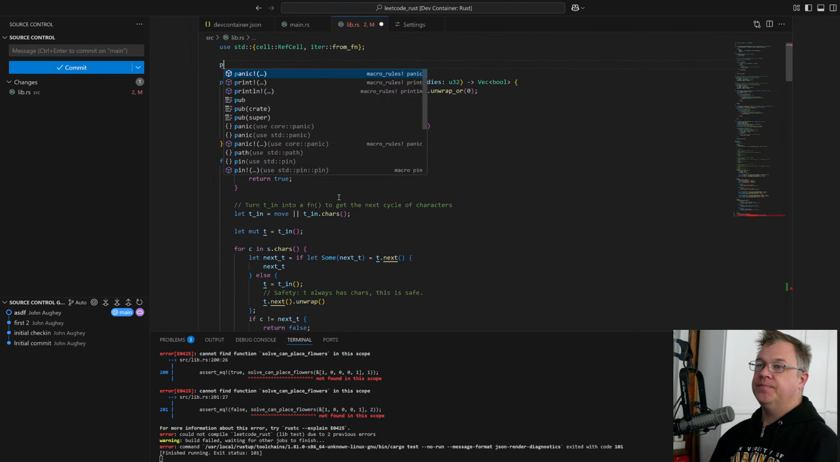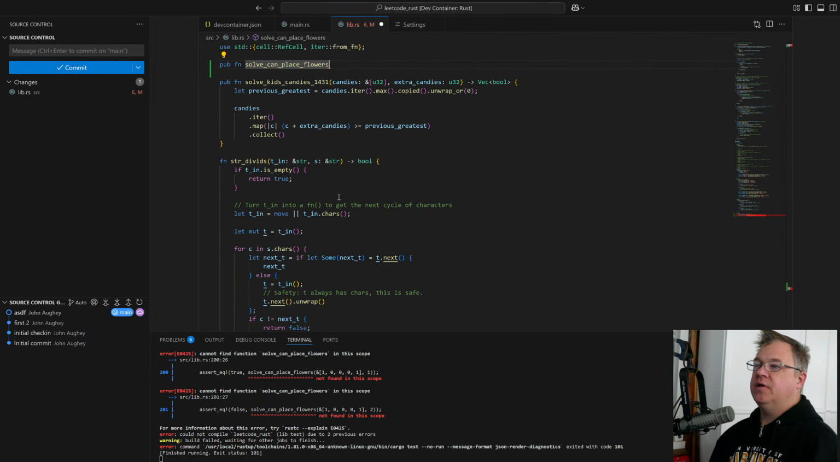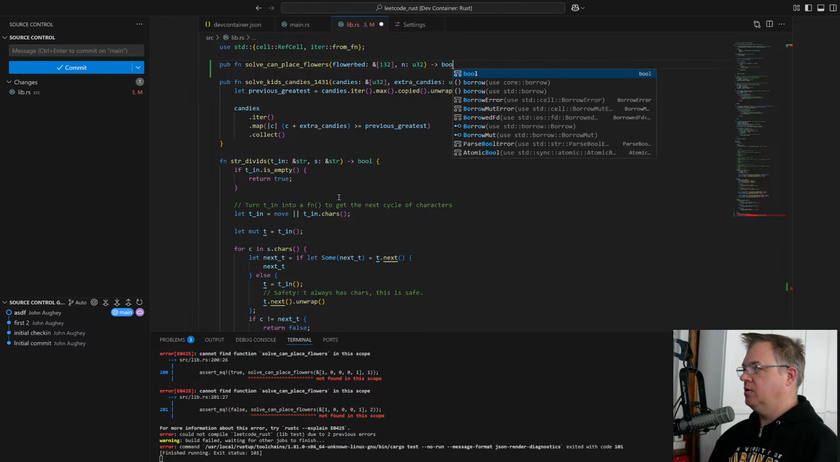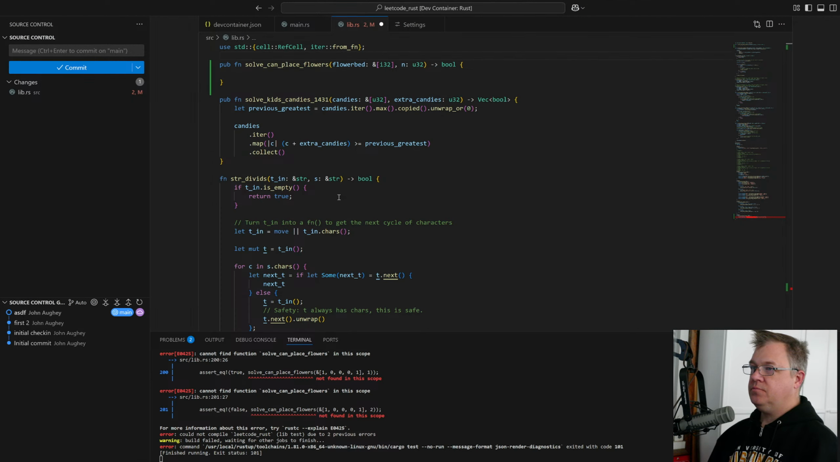Okay. Pub fn solve can place flowers. Flower bed is a reference to I32. Okay, I'm going to actually fix this. N is an I, it's got to be a U32. And bool. So I think we're just going to walk down and try each one. Like, can we put it, drop down the number of flowers and